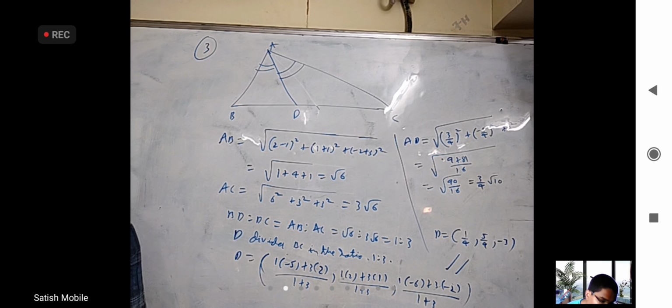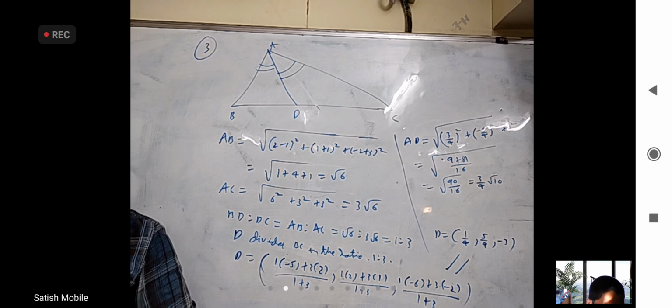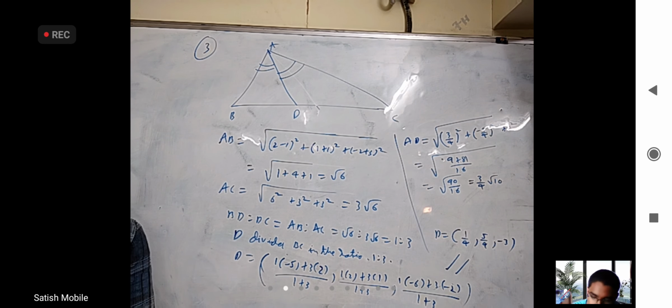Please try the rest of the questions. Numerical questions 4 to 9, you have to try on your own today at home. If any doubts, tomorrow I'll discuss. I'm not going to discuss every question like this in the class tomorrow. So numerical questions 4 to 9 and something 30 to 33. Those 4 questions. If you have not tried, you should try, and I'll only discuss doubts tomorrow. Otherwise, I want to start dot product tomorrow.